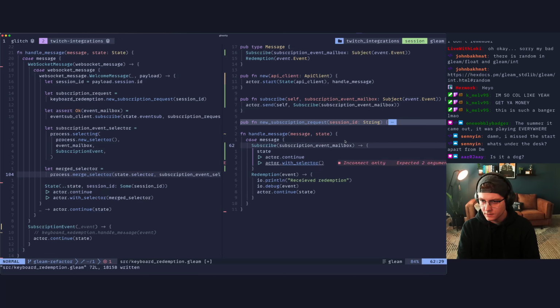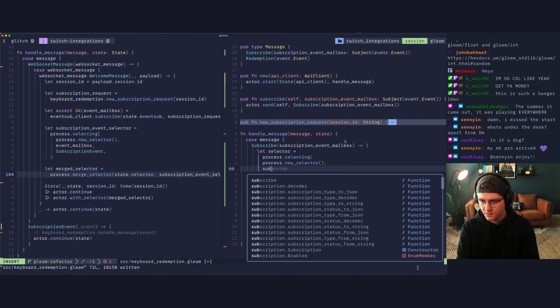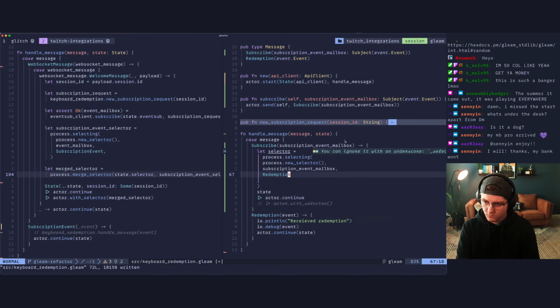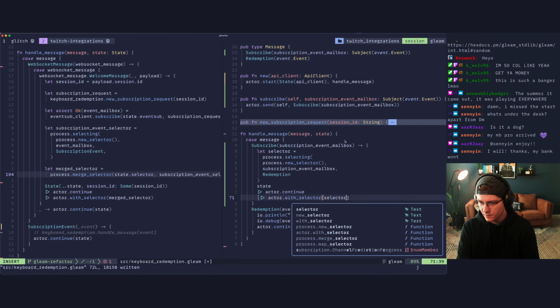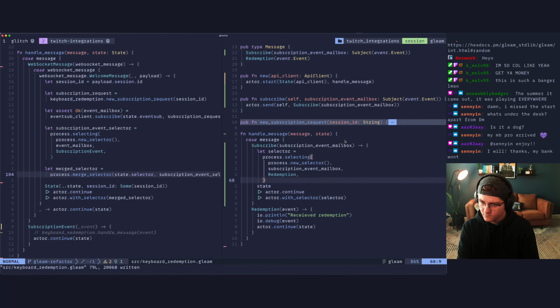And this doesn't need to be an arrow. This will be a comma. This is going to subscribe to the subscription event mailbox. And this will be a redemption then. And then down here, we go over here and we just put our selector right there. Nice.